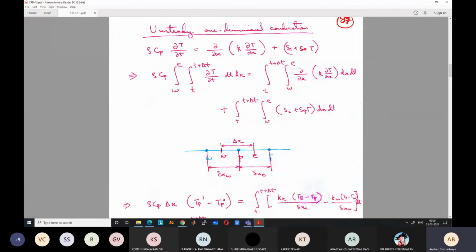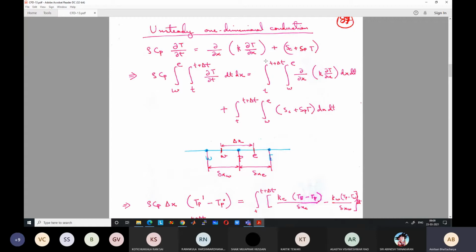Okay, and the T will be unknown here, it will be part of the equation. If we use the old time step values for calculating the diffusion term and the source term, then all the T will be known from the previous time step, and it can be easily calculated. So all the diffusion will be calculated in terms of the old time step values, and this will lead to the fully explicit scheme. Okay, and you can directly solve the equation.